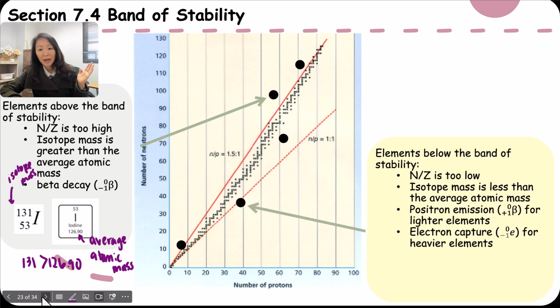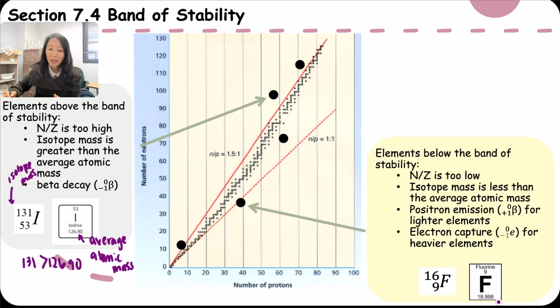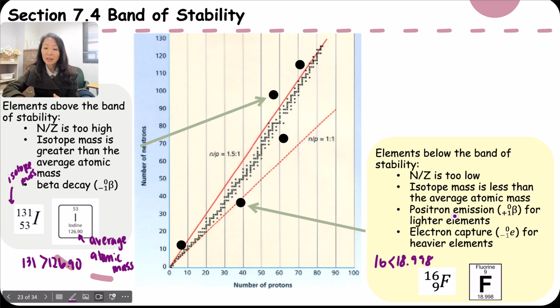What if the neutron to proton ratio is low? So it falls under 1. If they're falling under 1, so it's going under this dotted line right here, well, the isotope mass, let me show you the isotope here. An isotope mass like 16 is less than the average atomic mass. So here's my average atomic mass, I can find that in the periodic table. And you can see that 16 is less than 18.998. So something like this, they're either going to go through positron emission, or they're going to go through